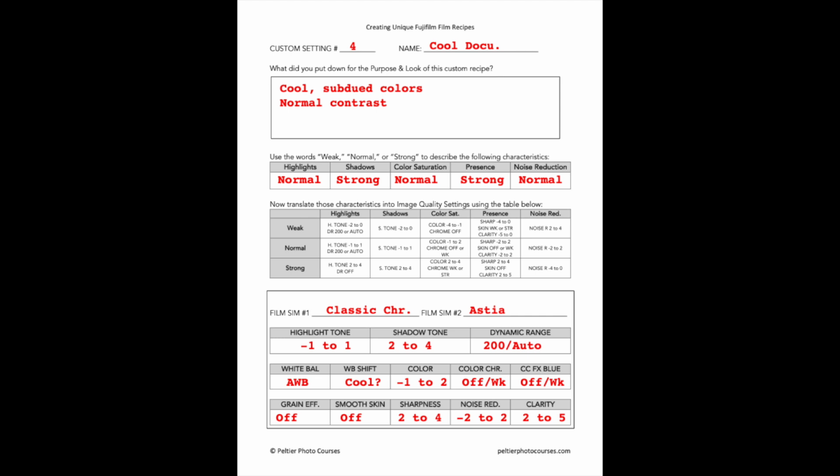These settings are really useful to know if you're creating your own film recipes. I have an entire methodology, a technique for creating my own recipes. You can follow along with that methodology using